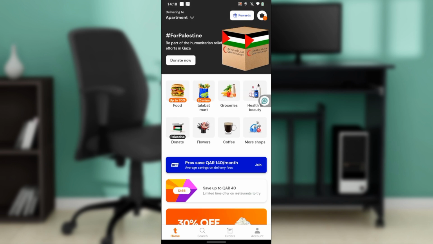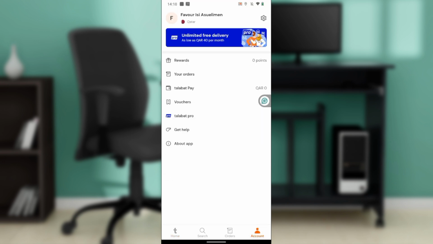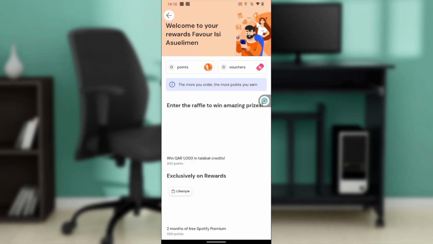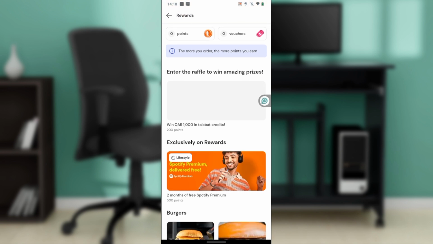So from this homepage, head over to the bottom of your screen, you have home, search, others, and accounts. Now go ahead and click on accounts. Now it takes you here where you have rewards, your dash, Talabat Pay, vouchers, Talabat Pro, get help, and about app. Now go ahead and click on rewards